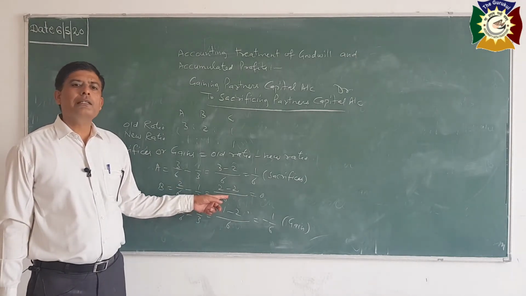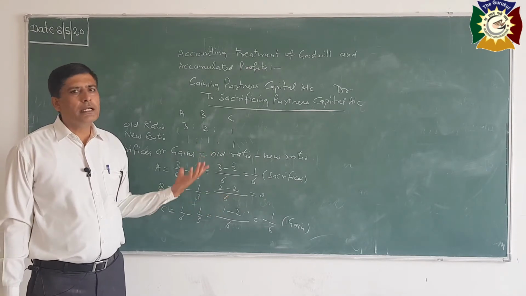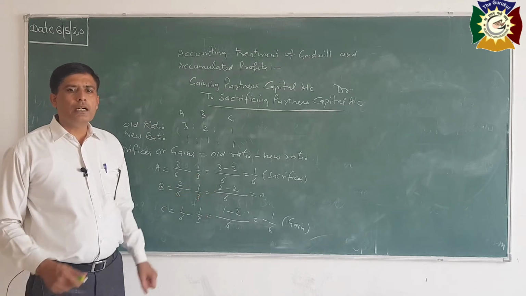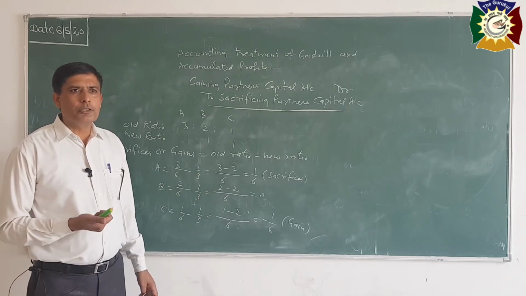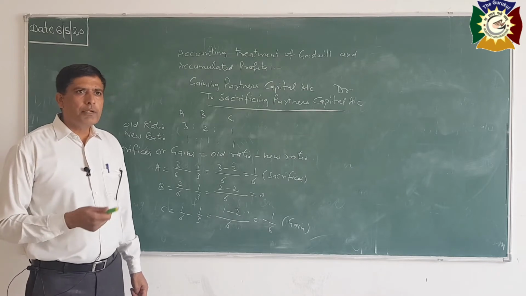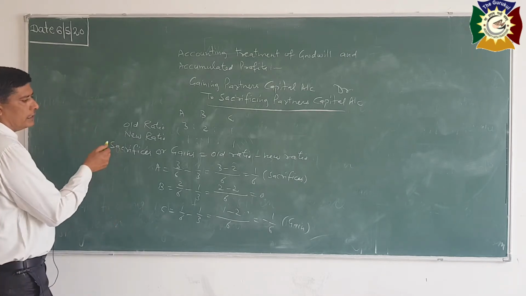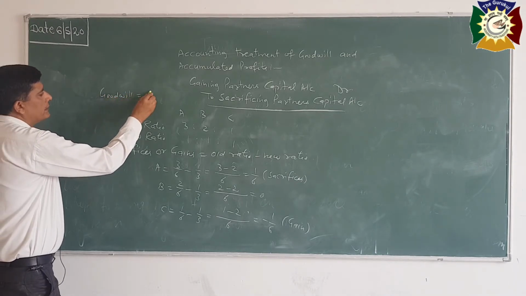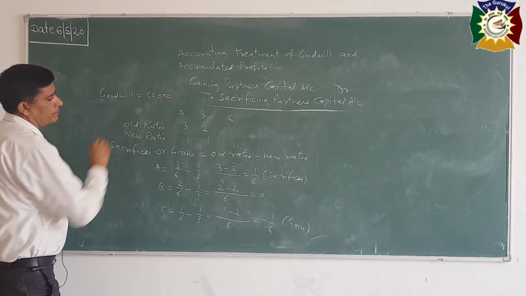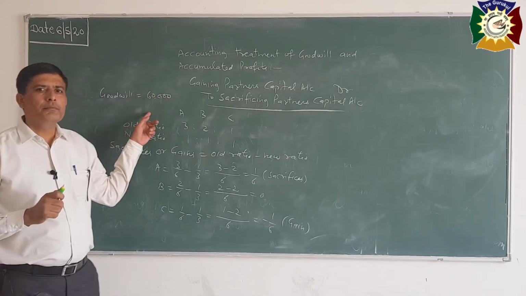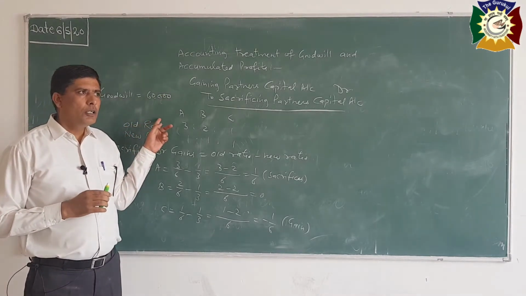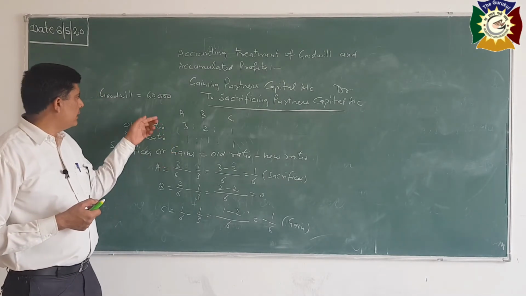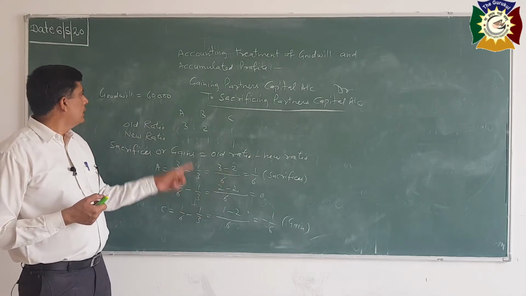Now we will calculate the goodwill of the firm. You will be given the data in the question. There are 4 methods. Sometimes you have to calculate the goodwill, sometimes you will be given it. For example, in the same question, goodwill is rupees 60,000, the total goodwill of the firm. Either it is given in this form or you will calculate it by applying any of the 4 methods. So now calculate the sacrifices or gains in total goodwill.